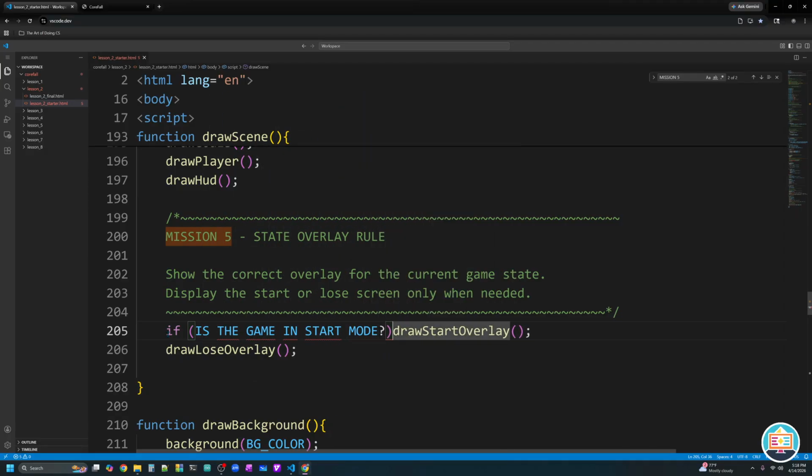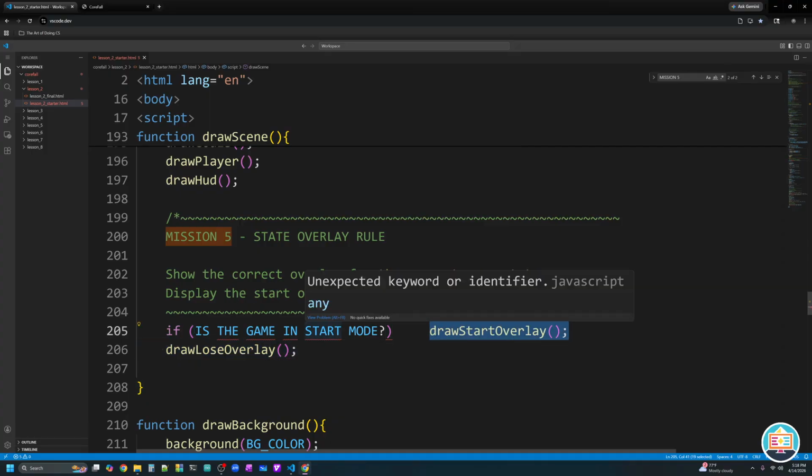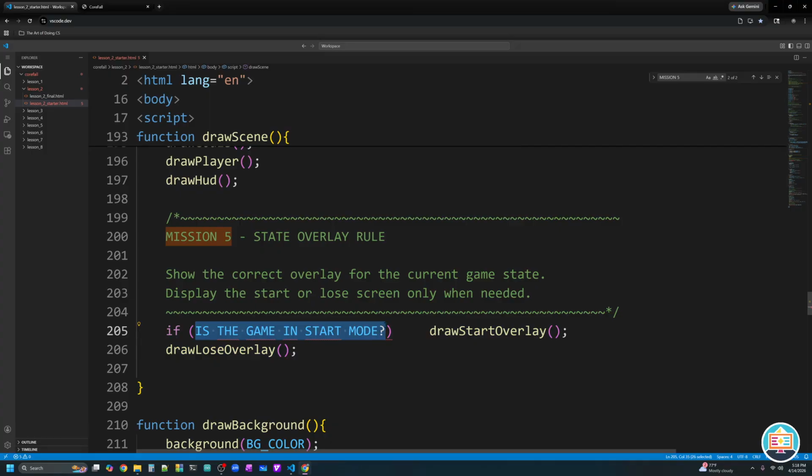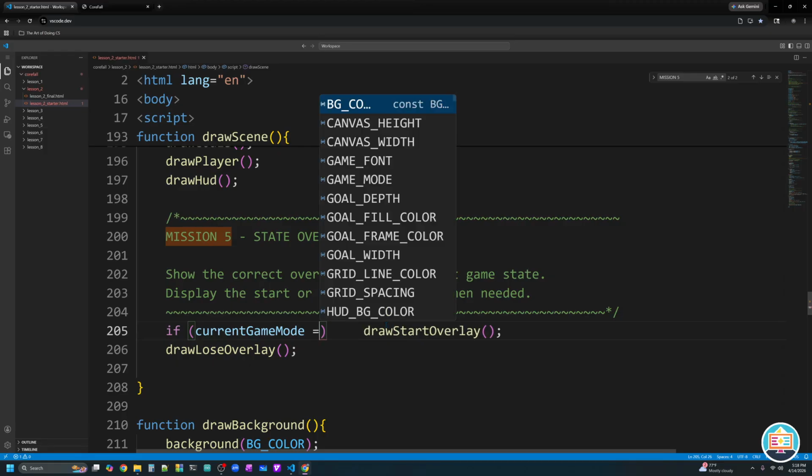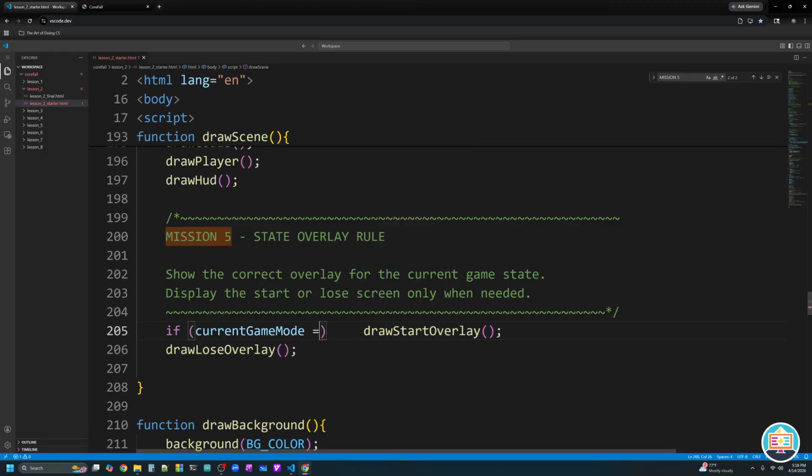Right? And if the answer to that question is yes, then we will draw the start overlay. So I've got to figure out how to ask this actual question. Well, if you remember, we defined a variable back in mission 2, called current game mode, where we set its value. We're going to check to see if the value of that is equal to, now get ready for this, 1